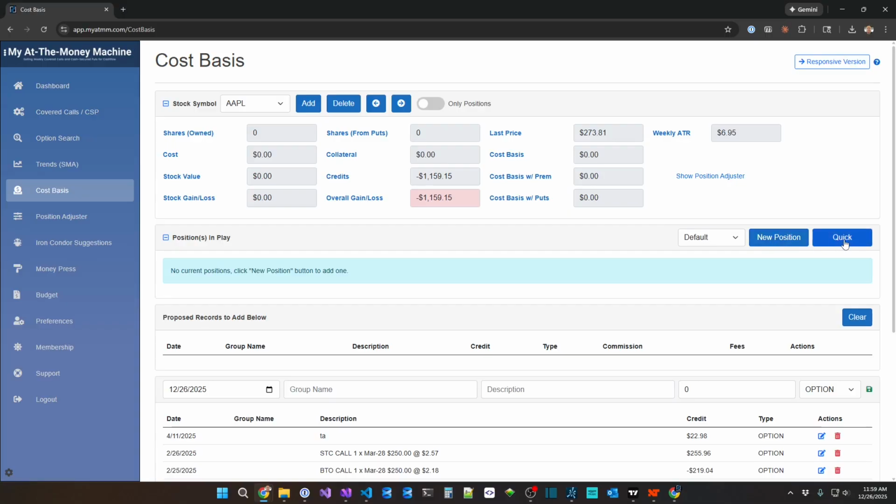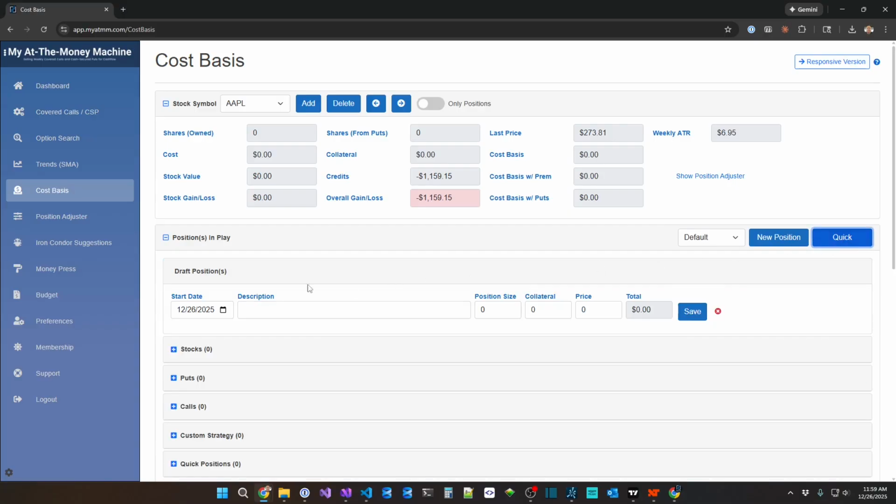We have created the way to create a quick position, because sometimes, like if you're doing an iron condor or just a multi-leg strategy, you don't want to have to enter every single leg. It gets tedious and monotonous, especially if you're working with thinkorswim. If you create a spread, it does it in one transaction. An iron condor, you can do that in one transaction, and it just puts the strikes with slashes in between them. So to break that out into this, to give it four legs for an iron condor, would be very, very monotonous. So we created a very quick way to where you could just click quick, and then